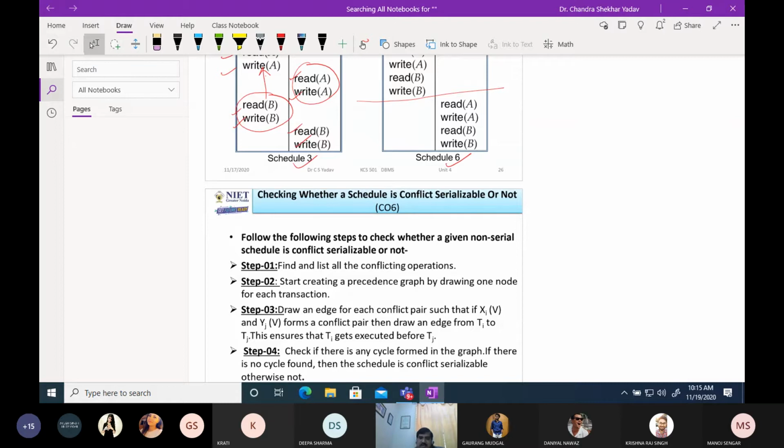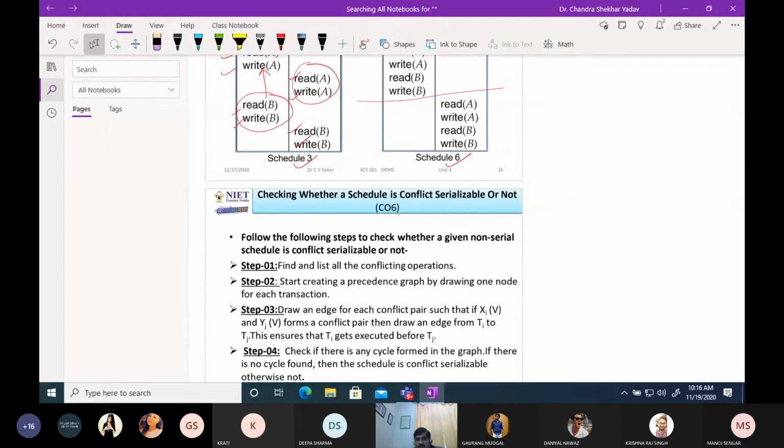Why? Because as you all know, millions of transactions are executed simultaneously in this system. So manually, if you swap and then find out any serial schedule and then check whether that serial schedule is giving the same result as the result produced by the non-serial schedule, it is very difficult. So there is an algorithm through which we can find out whether the given non-serial schedule is conflict serializable or